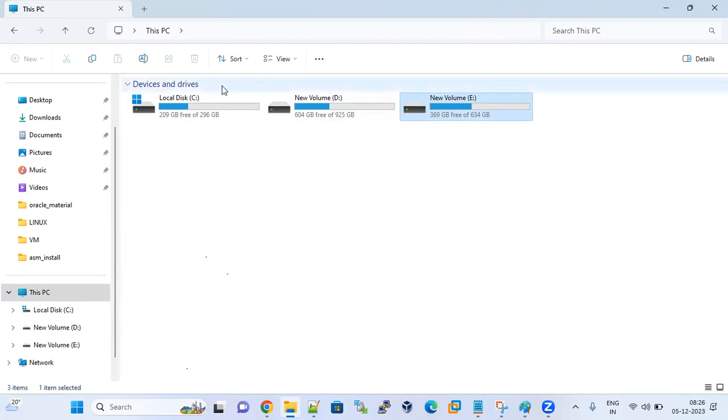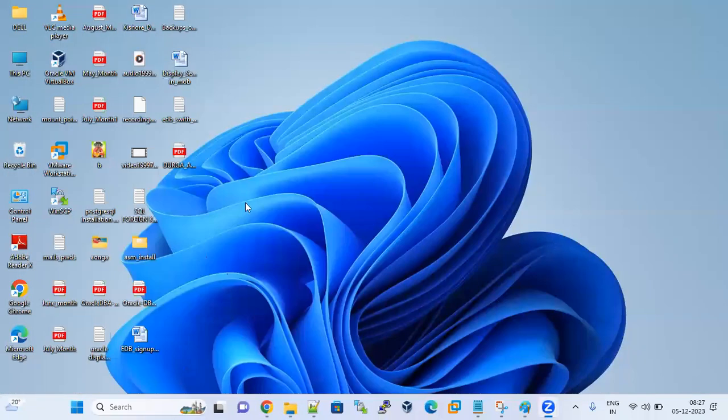In case of Linux, we can say the same, partitions, same drives. The terminology is different in case of Linux. There you can say mount points, like user 1, user 2, user 3. Here you can say partitions, drives.